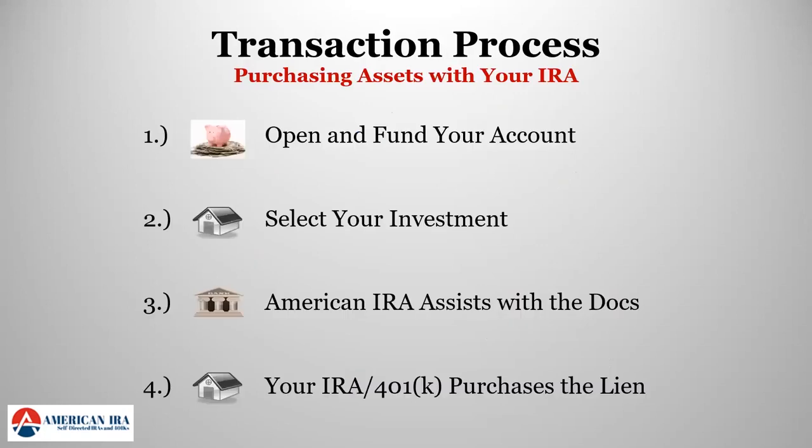And so in order to be successful with this strategy, you must do things in the correct order. And so the first step will always be to open and fund your self-directed account. So with a firm like American IRA, for example. The next phase is to go out there, do your research, do your due diligence on the areas. And then once you've identified the area, the specific properties that you want your retirement account to purchase a tax lien on, ultimately, you'll give us directions to send monies to a municipality on behalf of your retirement account